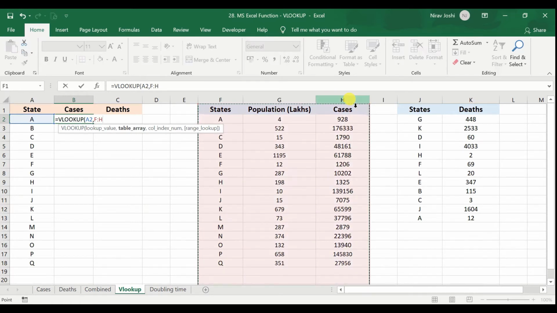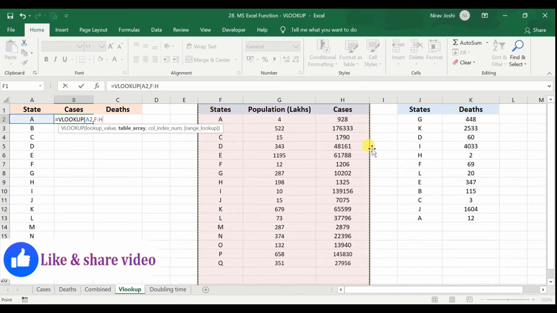Now here there is some limitation of VLOOKUP. That is, the lookup value should always be in the first column of the selected data set. So it can be from G, H and so on and so forth, but for that the state name should be in the G column. So the lookup value needs to be in the first column only. It cannot be in between. Now to overcome that limitation, we may use INDEX with MATCH function in Microsoft Excel, and that we'll be discussing in a future video. So that is one of the limitations, because the VLOOKUP function always looks towards the right side, it cannot look towards the left side.